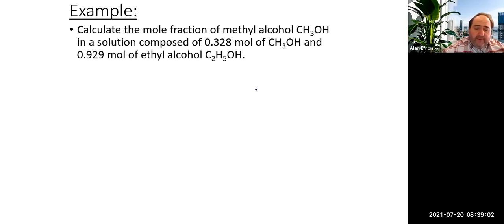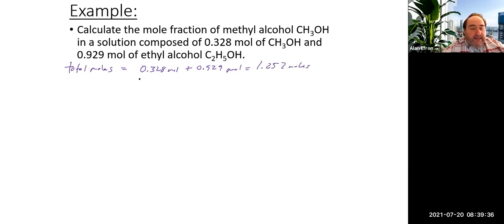Okay, so again, we're looking for the mole fraction. Basically in this case, one of the things that we do need is the total moles. And the total moles in this case is basically just adding both together. So we got 0.328 for our methyl alcohol, and we got 0.929 for our ethanol. And that gives us a grand total, if we add those guys together, 0.328 plus 0.929, looks like 1.257